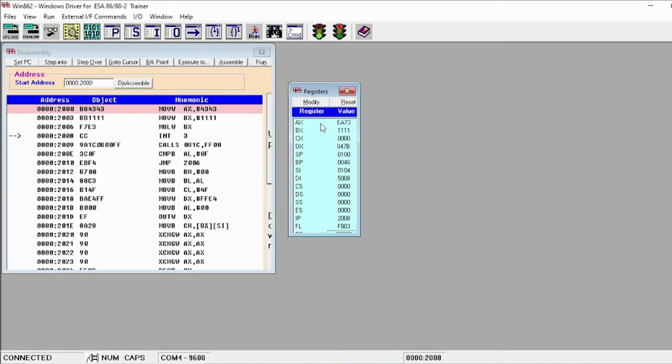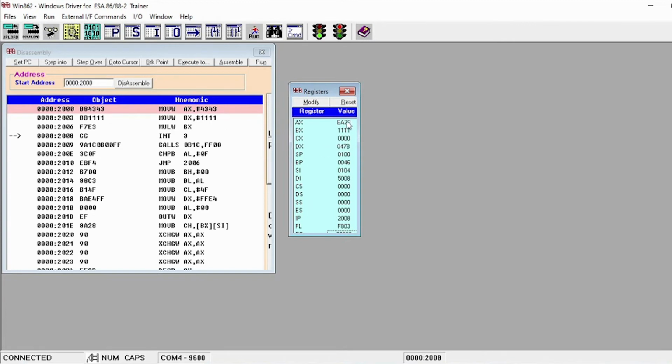Now to see the multiplication result, click view registers. Here you have to note down the AX value and also the DX value. The AX value is EA73 and the DX value is 047B. If you multiply two 16-bit data, the result will be greater than 16 bits.